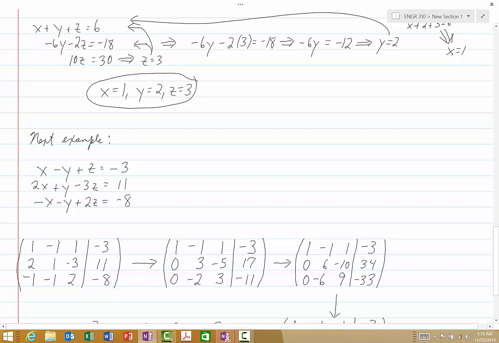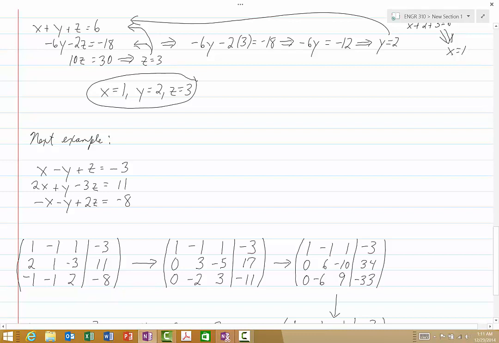And so this is where we get, after eliminating all the non-zero terms below the main diagonal in the first column. And now there's only one remaining non-zero term below the main diagonal, and it's this negative 2 here, and that's in the second column, so we should add some multiple of the second row down below to get rid of that. And of course, this is a similar situation to what we had before. We could add 2/3 of the second row to the third row if we wished to get rid of the negative 2,